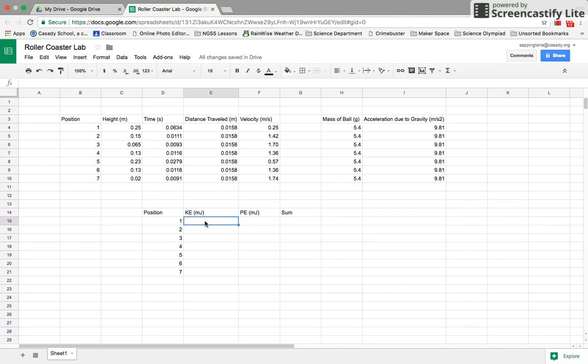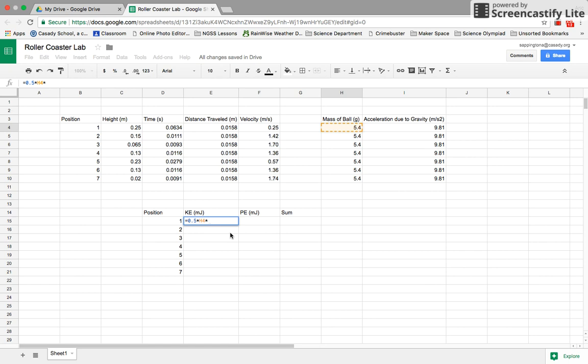Remember that the equation for kinetic energy is 1/2 mass times velocity squared. So that's what we're going to have our calculation do. So we're going to hit in here equals, and we're going to have 0.5 for 1/2, and we're going to multiply times the mass. And what I'm going to do here is come up here and select this cell for the mass of the ball, which is 5.4 grams. Then we're going to multiply that, which is the shift 8 key,